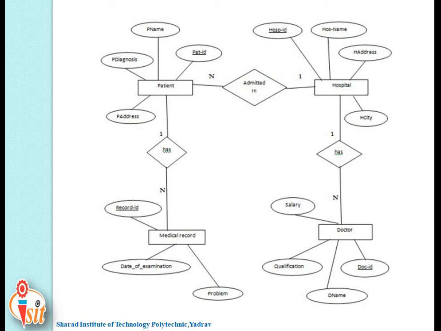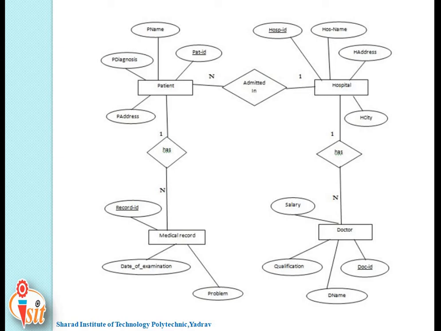Here one point is added, that is relationship type, that is one to one, one to many, many to one, many to many. These are the various types of relationships, and here you can show which type of relationship will be present. Like patient and medical record have a one to many relationship, like one patient has multiple medical records. After that, decide what type of relationship there is between patient and hospital. That is, there is a many to one relationship.